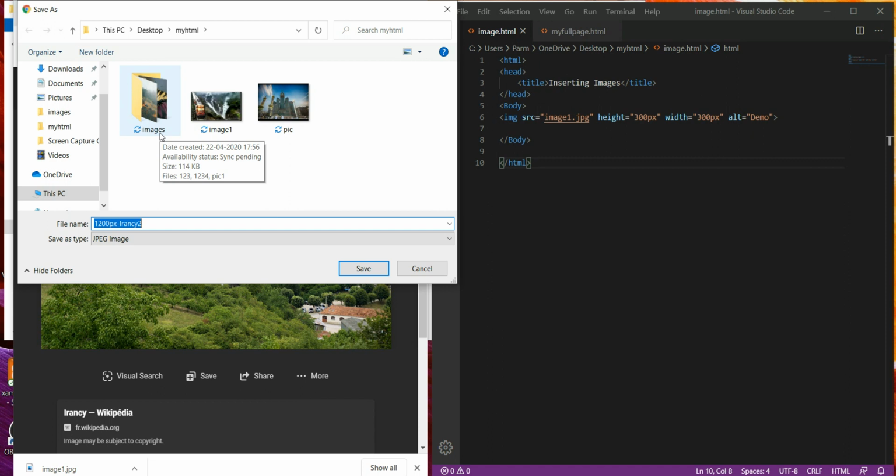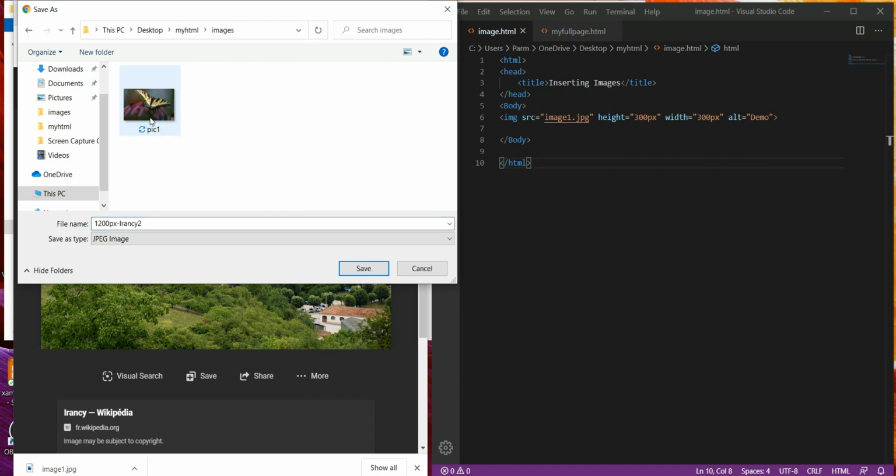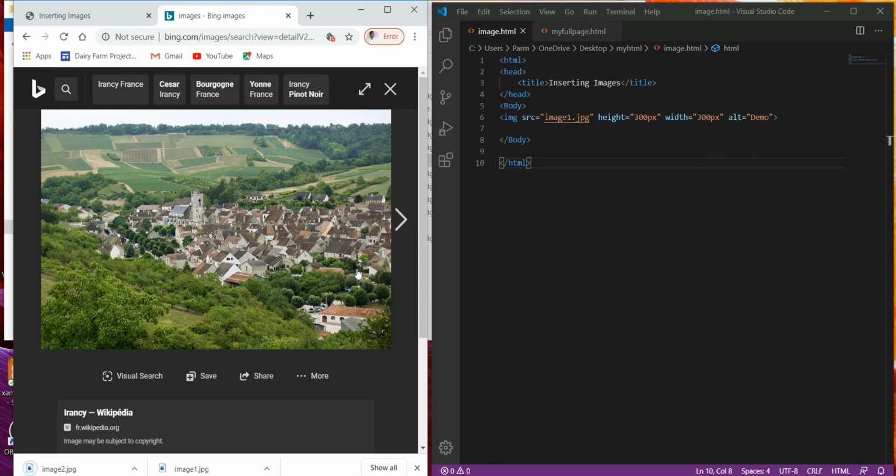Now I am going to save this file in another folder with the name of image, and I give the name of the file as image2. Save it. Then the file is saved with the name of image2.jpg. So here I have to give the path.